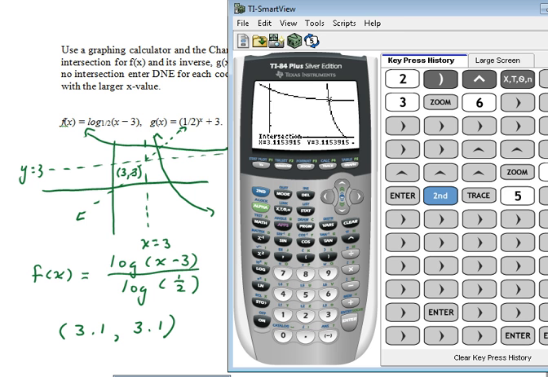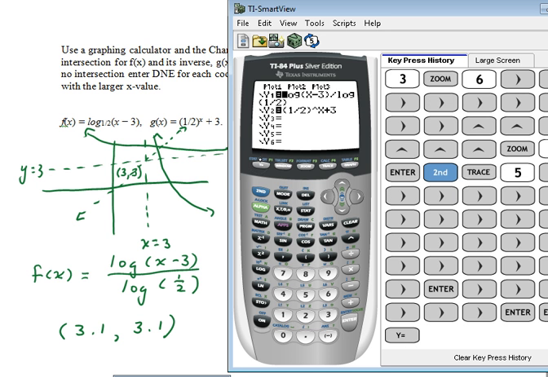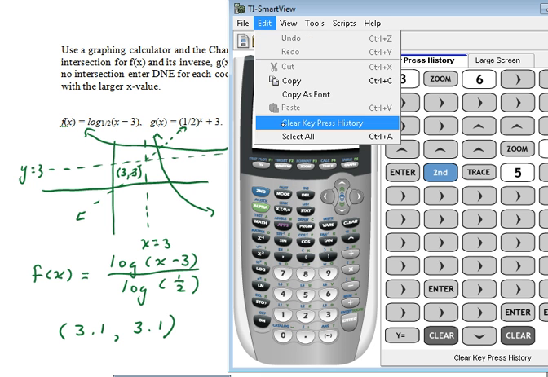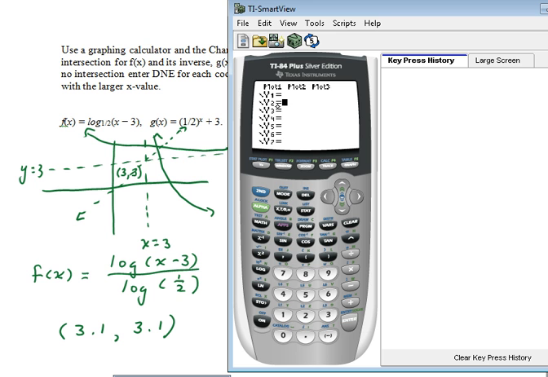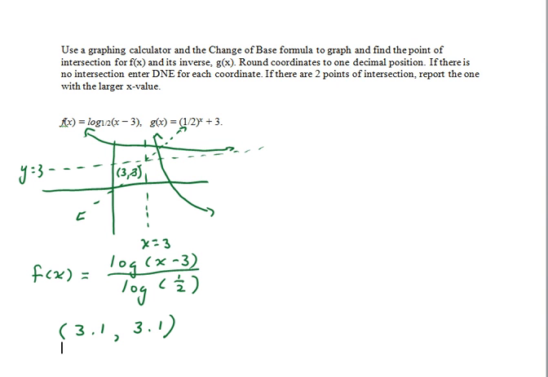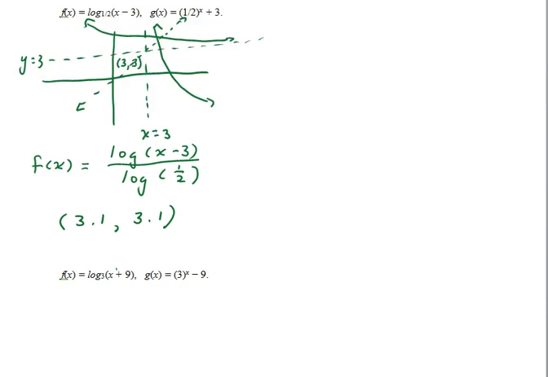So now we'll get ready for a second example. I'll go to y equal. I will clear each of the functions using the down arrow in between. I'll also clear my key press history so that you'll be able to follow more easily. And we'll go down to the second function,